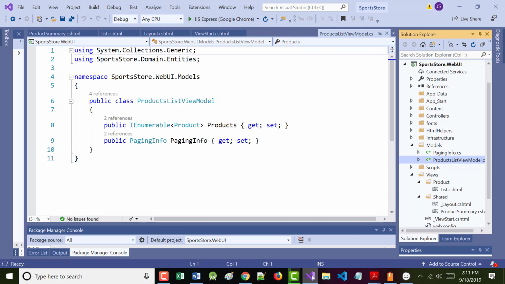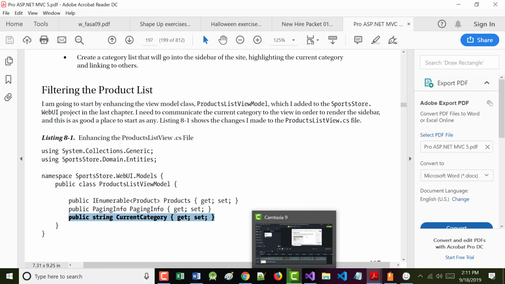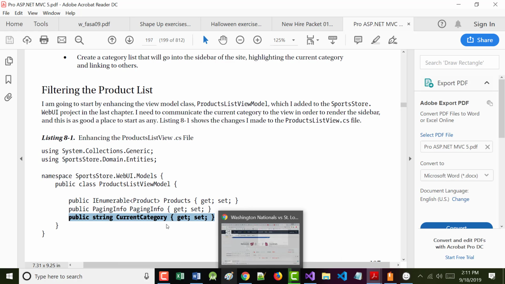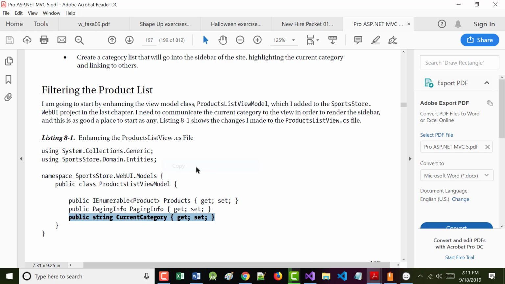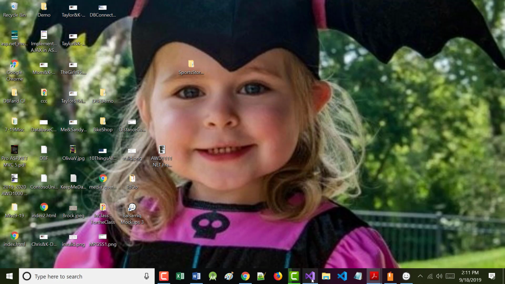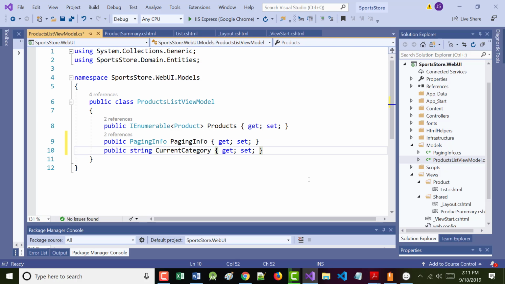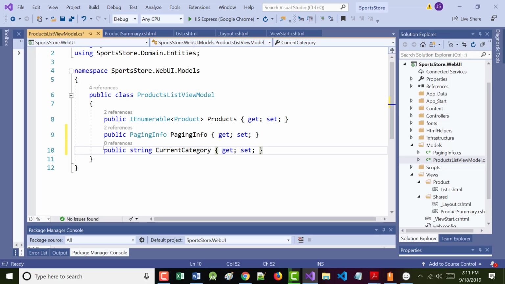All right. So this is product list view.cs. We're only adding 1 line. It's going to tell us where we currently are. All right. Previously, even though when we put the stuff in, it was put in by category, that could have been luck, or maybe the author did that on purpose. I don't know. But the point is, now order will matter more than it did before. So that's the line that we just put in.